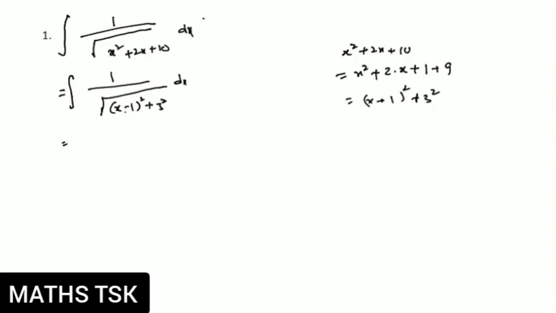It is of the form where the x coefficient is 1, so I can consider this as x square plus a square. So the formula is sin h inverse of x by a, which is sin h inverse of x plus 1 by 3. Easy. So this is the way of integrating the problem. So first method, I think it's very clear. Next we'll go for the second one, same type of problems.